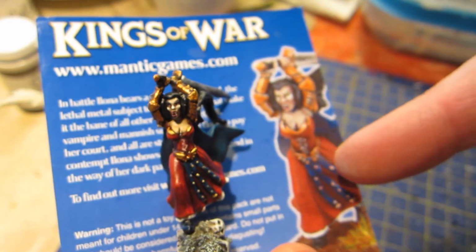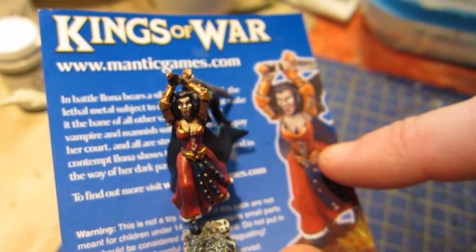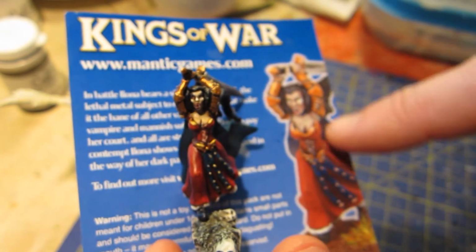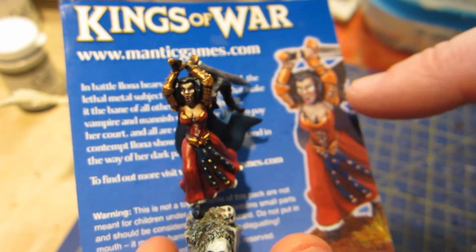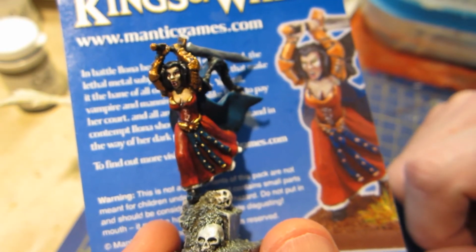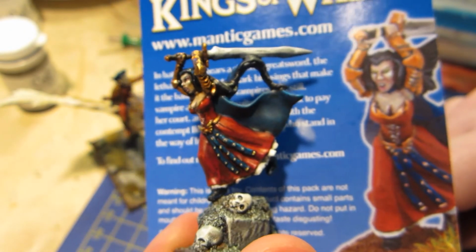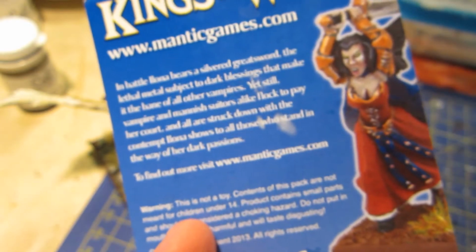I mean, it's quite clear to me that, for example, the lacing on the bodice on the front of the dress was not there on this model. It was not sculpted on. Well, maybe it was sculpted, but they clearly did not have a production model. They had a resin master or something when they painted this display model. So yeah, it's easier for them to get the detail there. But given what I had to work with, I'm happy. So let's put her aside